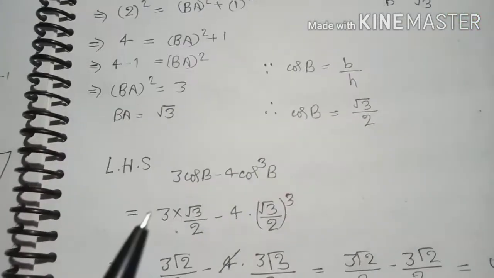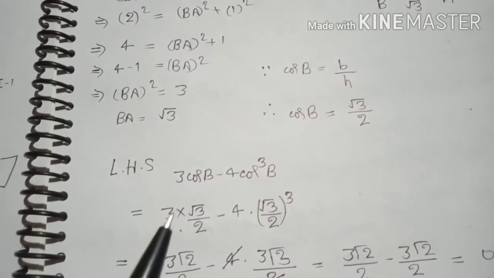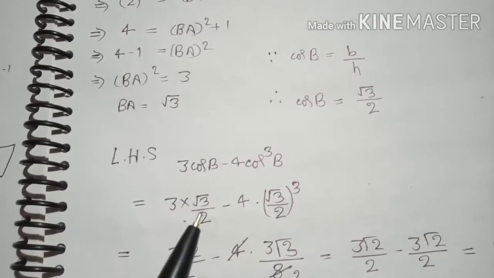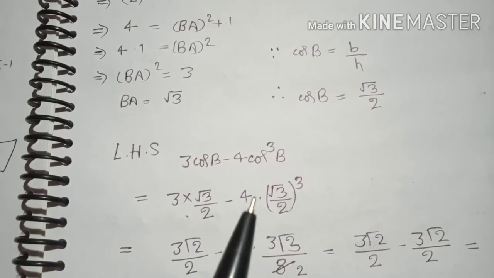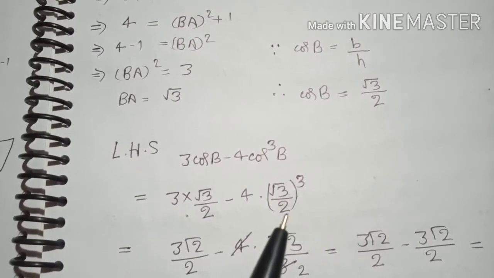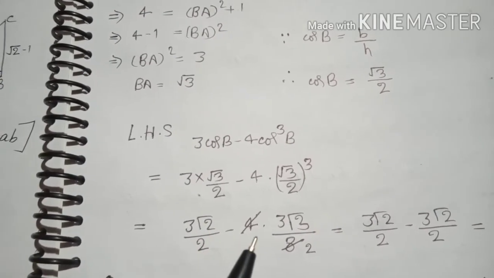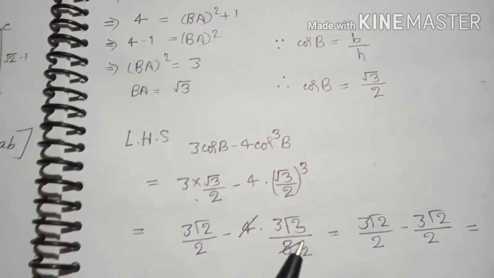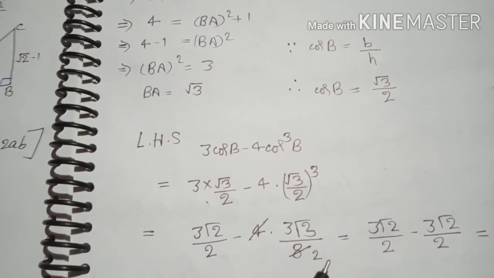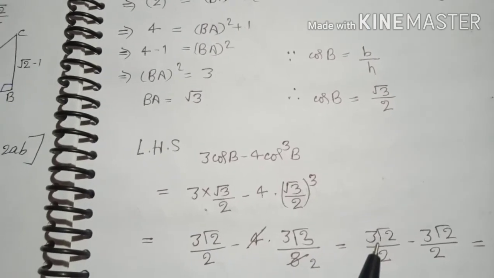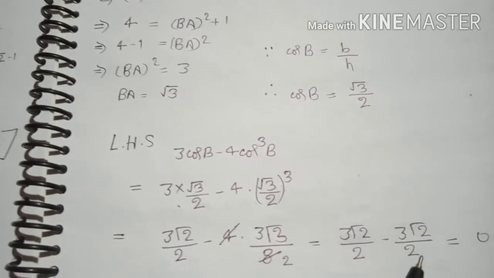So we take the LHS, that is 3 cos B minus 4 cos B cube. So 3 into the value of cos B, that is root 3 divided by 2, minus 4 into (root 3 divided by 2) whole cube. So 3 root 3 divided by 2 minus 4 into 3 root 3 divided by 8. 4 ones are 4, 4 twos are 8. So that is equal to 3 root 3 divided by 2 minus 3 root 3 divided by 2, that is equal to